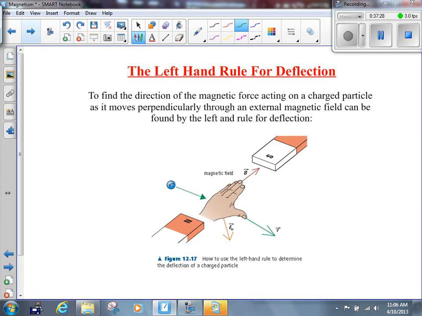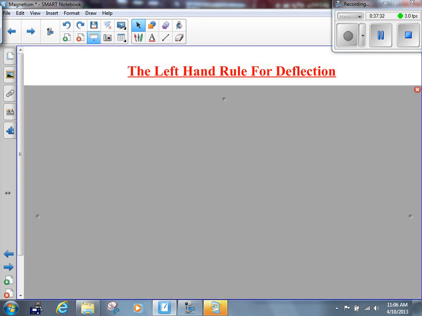Okay, first new thing for the day. It's another hand rule. We've learned 2 of them so far. The Wiregrass Rule says that to find the magnetic field caused by an electric current, stick your thumb in the direction of the current, fingers in the direction of the field. The Coil Rule says that to find the polarity of a coil, stick your fingers in the direction of the current, and your thumb will point in the direction of the field inside that coil. The hand rule for deflection